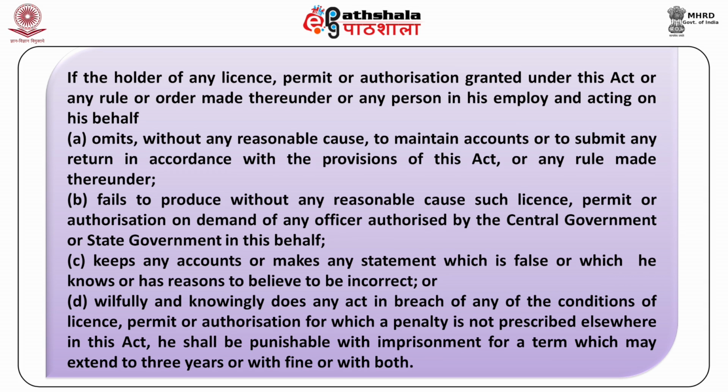If the holder of any license, permit, or authorization granted under this Act, or any rule or order made thereunder, or any person in his employ and acting on his behalf, omits, without any reasonable cause, to maintain accounts or to submit any return in accordance with the provisions of this Act, or any rule made thereunder, fails to produce without any reasonable cause such license, permit, or authorization on demand of any officer authorized by the central government or state government in this behalf, keeps any accounts or makes any statement which is false or which he knows or has reasons to believe to be incorrect, or